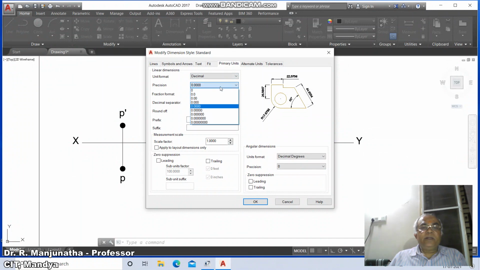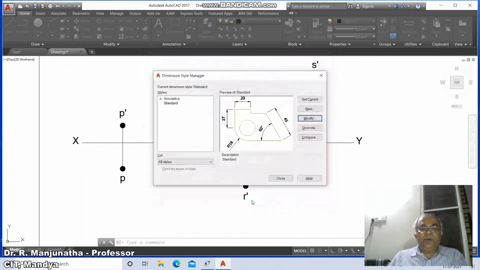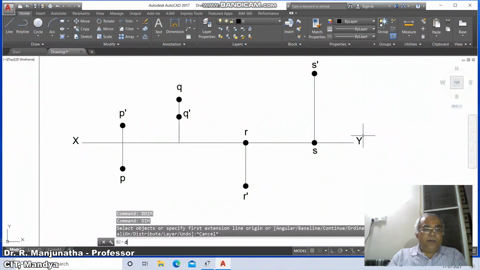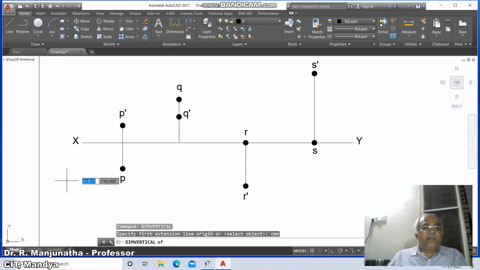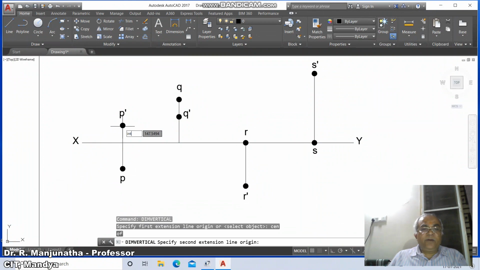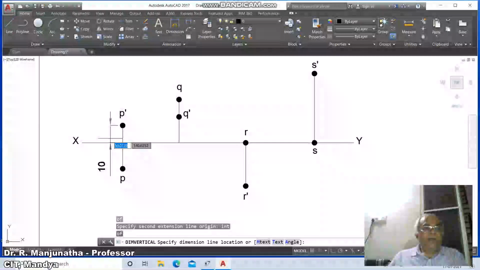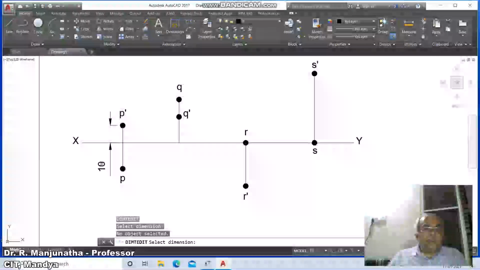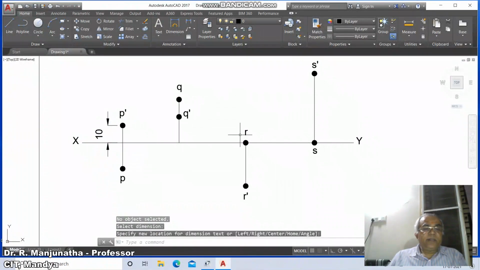In the primary unit take the precision as 0, say OK and close. Then go to dim vertical, take center of this and INT of this, so you get 10. Then dim TED, select this, drag it and keep it here.